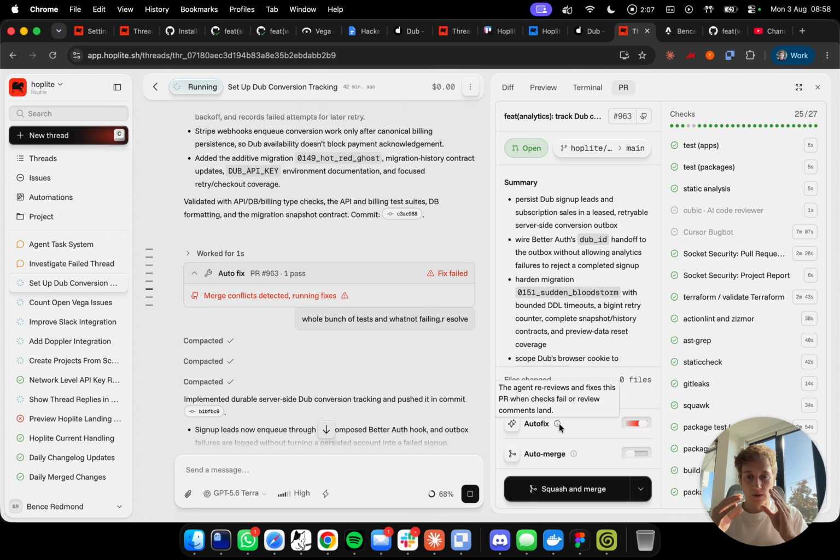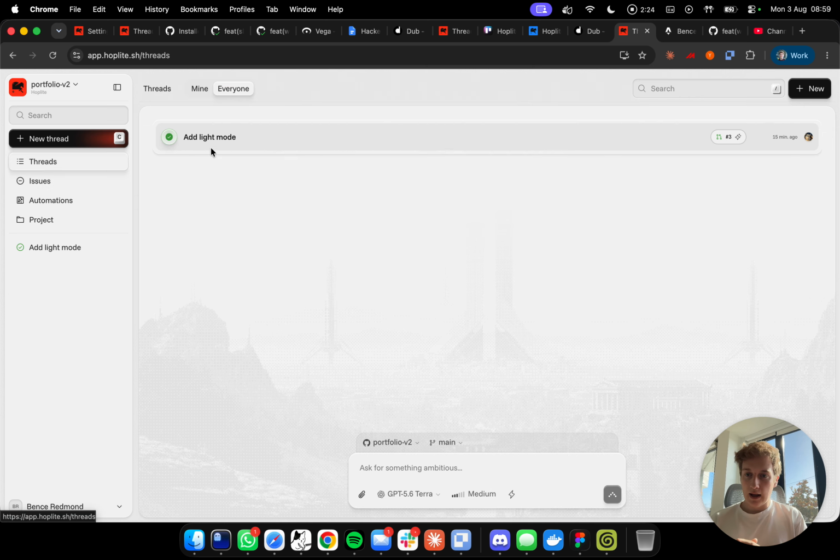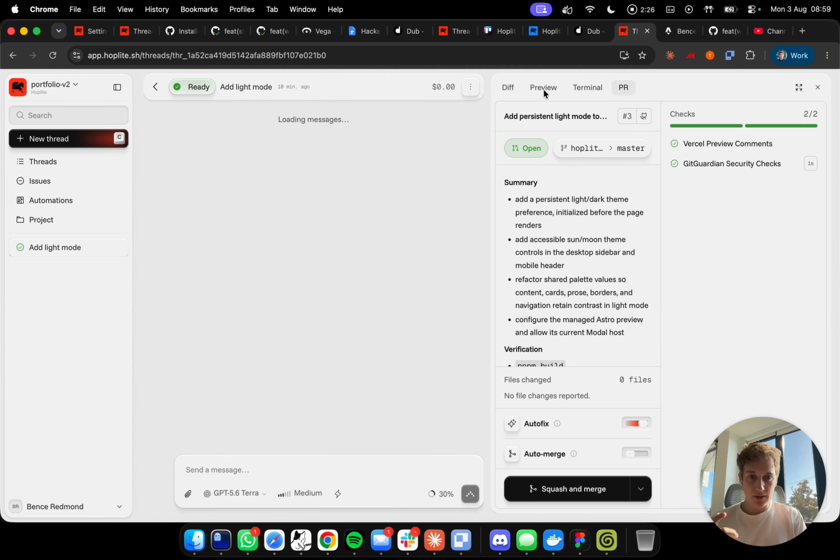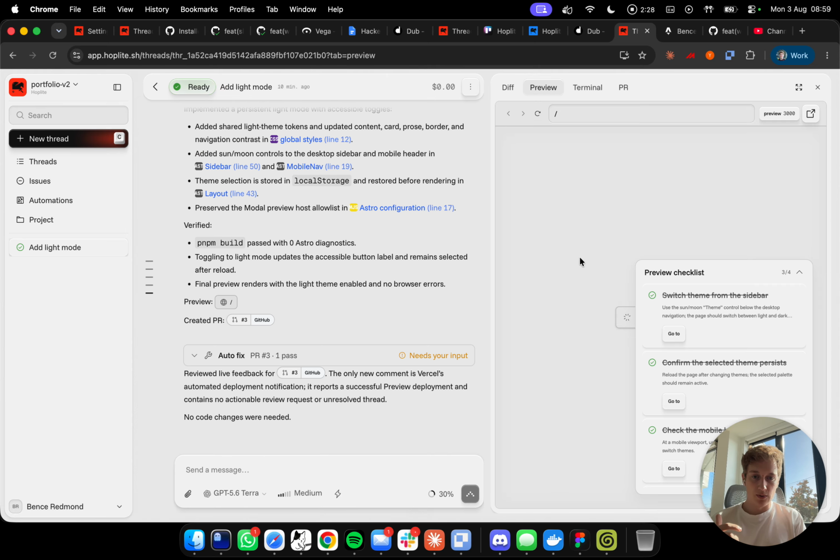That means that when you create a new thread or a new automation, you don't have to worry about managing it after that point. All you have to worry about is making sure that it works and passes all your tests and passes the spot check. And we do this through a really cool thing called a preview. We'll show you a demo of your site right in the web interface with the preview checklist, which